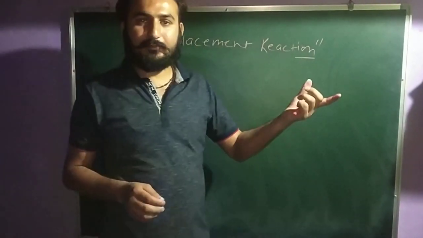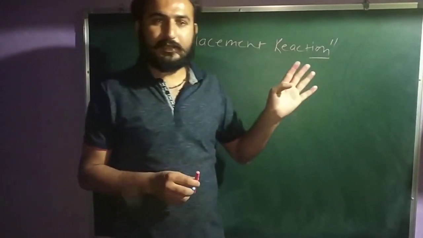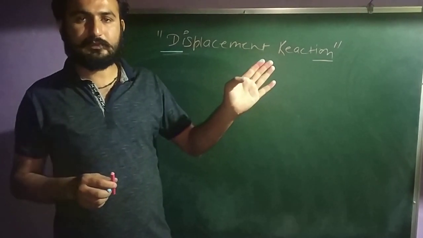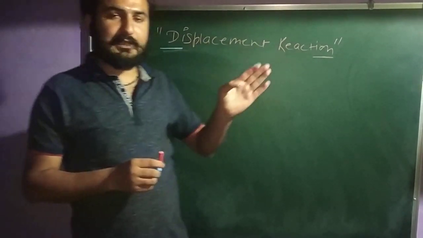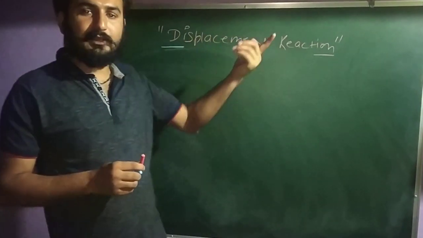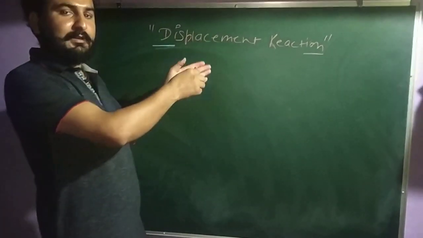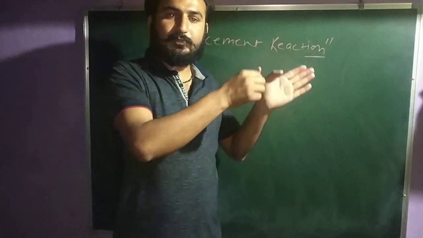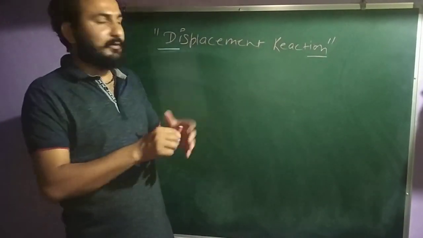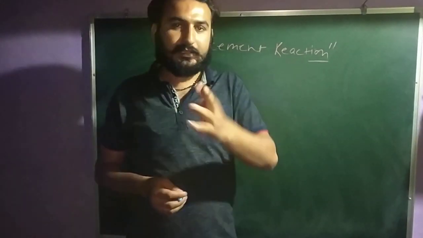We have the third type of chemical reaction, called the displacement reaction. The first is the combination, second is decomposition, third is displacement reaction. Clear? The displacement reaction is classified into two categories. The first is called single displacement and the second is called double displacement. But don't worry about it. We will study the single displacement separately and the double displacement separately. But when anyone asks you what displacement is, you can say displacement is categorized into two categories: single and double displacement.